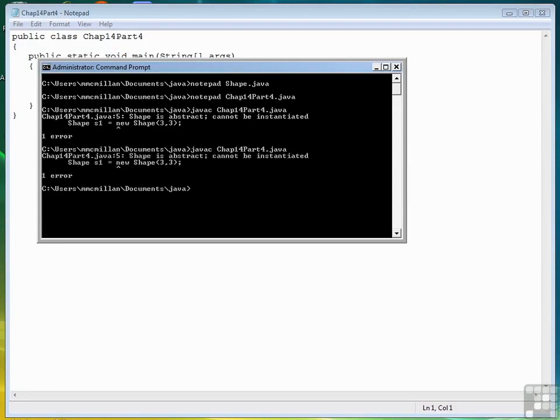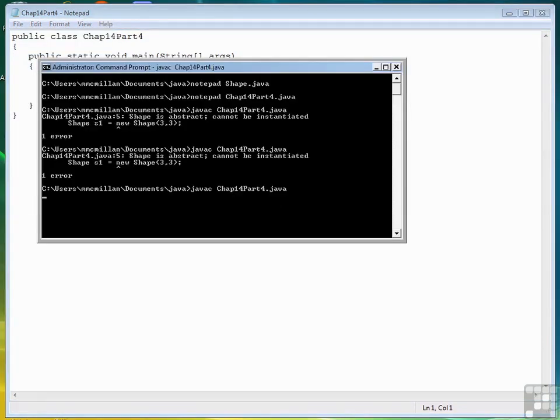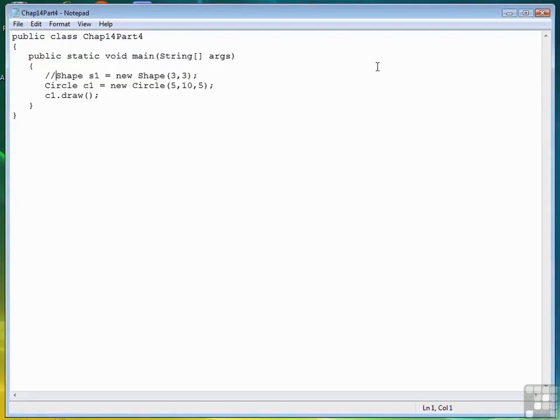Compile the program. Oops, I forgot to take shape out. Okay, let's comment that out. Save the file. Compile again. So it's clear that we can use shape as a superclass when it's declared abstract, but we cannot instantiate it